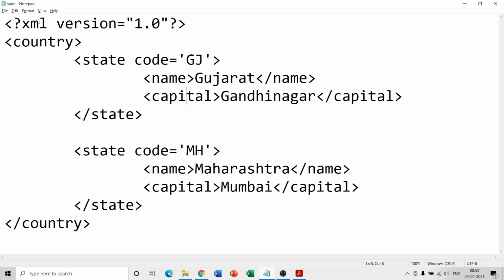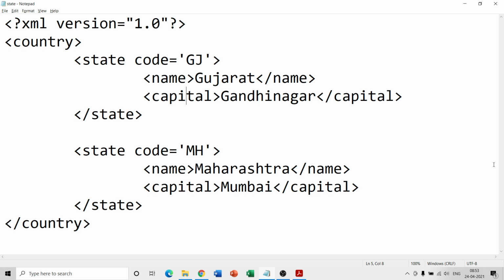Now, within this XML version 1, if you want to have student data, you can have a student tag. Within that, again, name, first name, middle name, last name, address, and so on. In the sense, you can have tags with your own names, not the predefined tags like head, body, and so on.